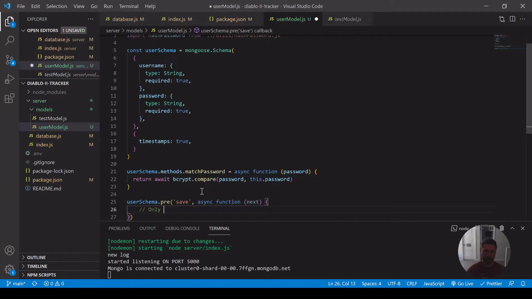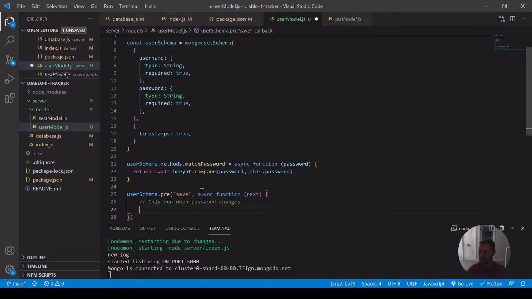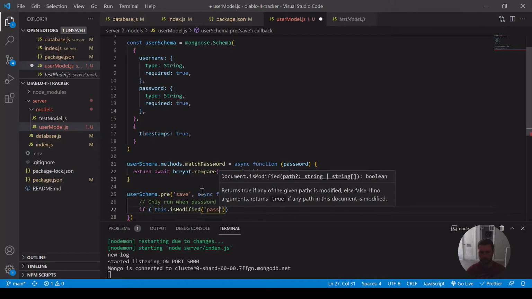So we're going to add a comment, only run when password changes, so we know. And if not this.isModified password, and this is referencing the field above that we defined,